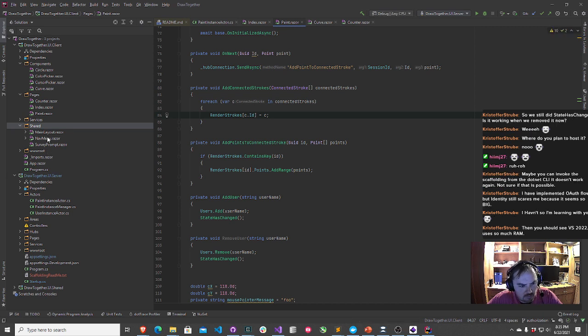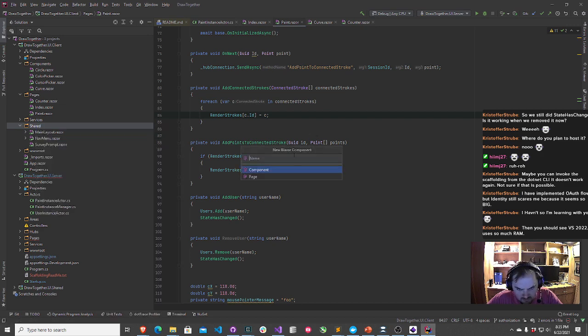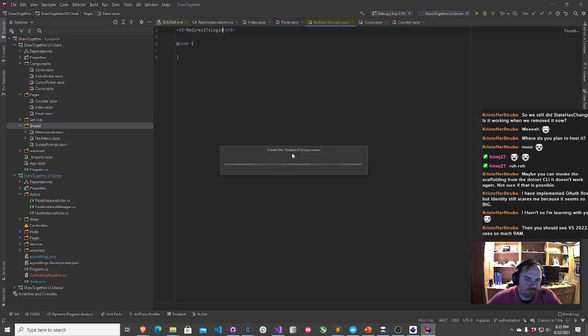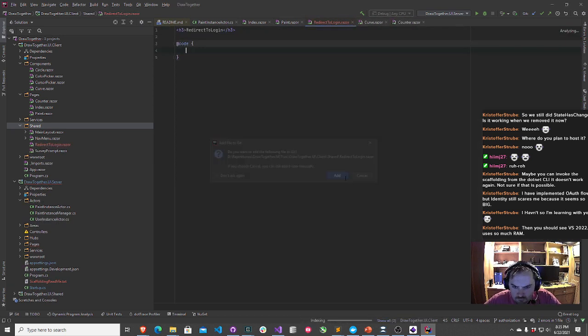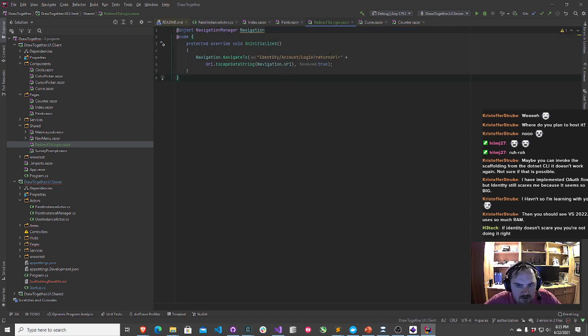Okay. All right, let's do add Blazor component. We'll call this redirect to login. Identity account login return URL.